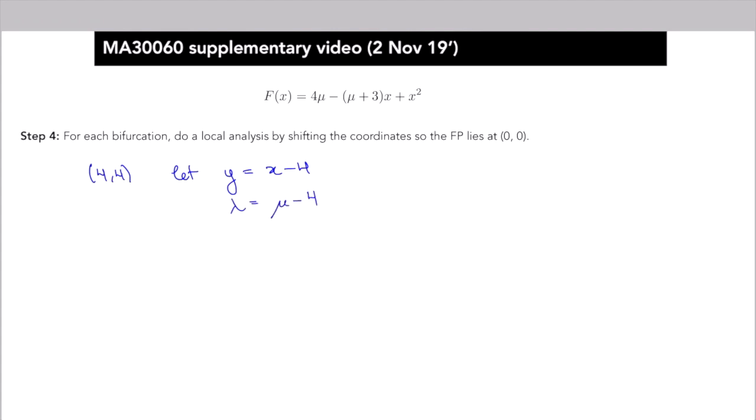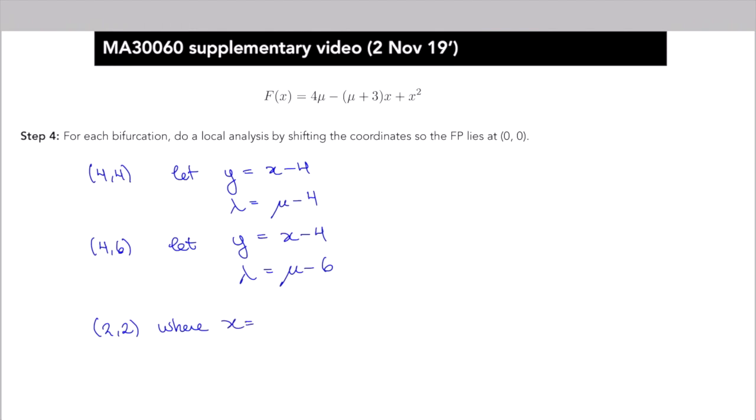And so y and lambda are the new coordinates so that both of them are equal to 0 at the critical point, at the bifurcation point. Similarly, for the point (4, 6), x and mu equal to 4, 6, you want to let y be equal to x minus 4, and then let lambda equal to mu minus 6. So again, now y and lambda are equal to (0, 0) at the bifurcation point. And then finally, for the point (2, 2),